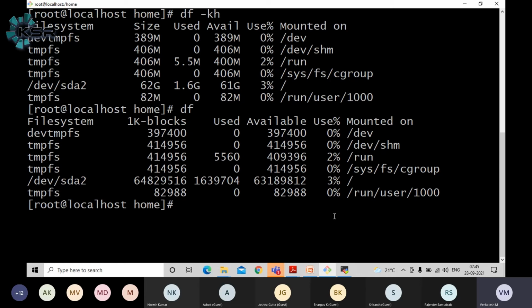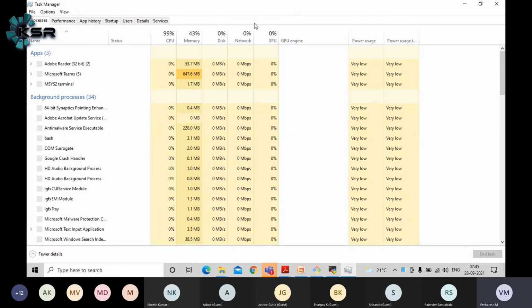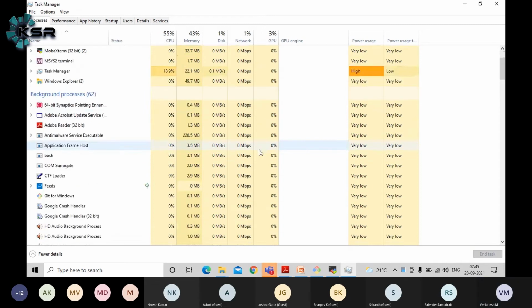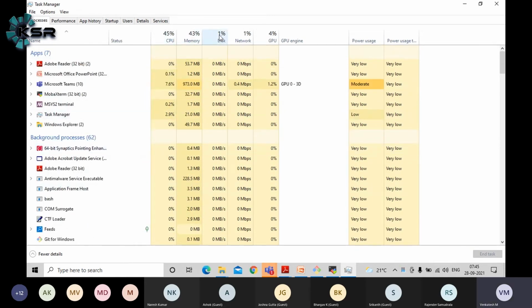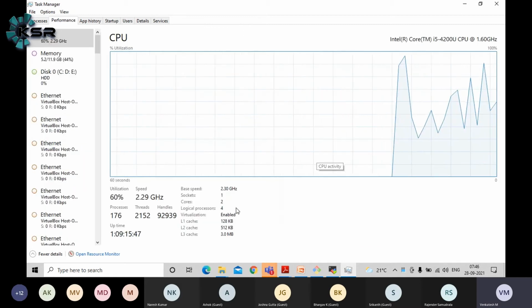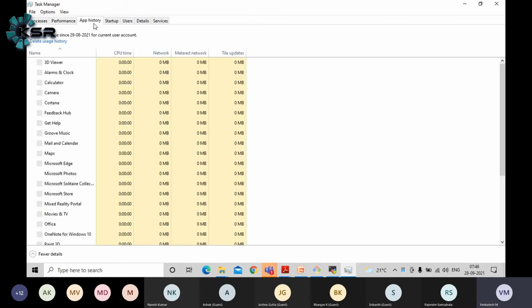In Windows, let's say your laptop gets overloaded and is hanging. At that time you need to see the processes, the CPU and memory usage. To do that, you just right click and go to the Task Manager, and here you will be able to see all the data, guys. See here, what the CPU, what the memory, what the disk hitting, network bandwidth, everything you are able to see here. Similarly, in performance also, you will be able to see some graphs. All the data you are able to see like this, guys.